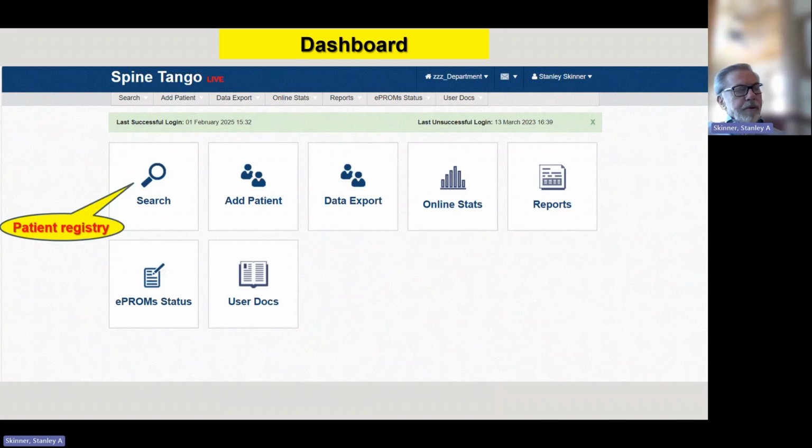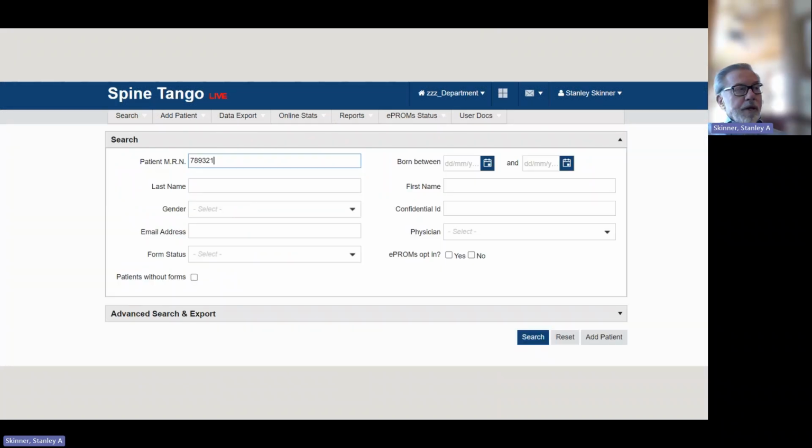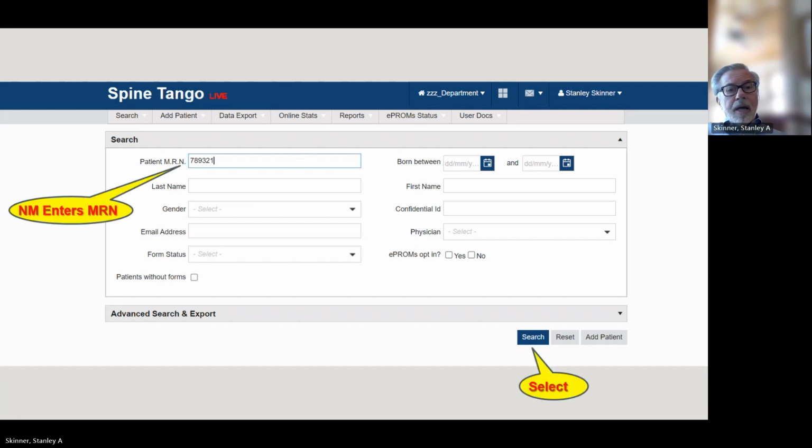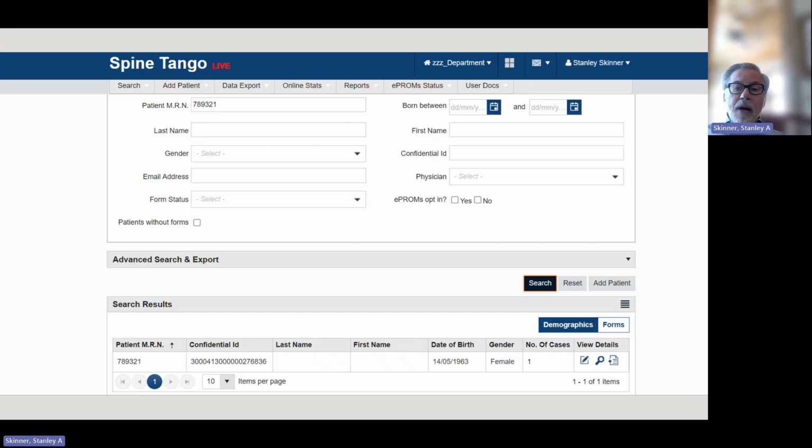The neuromonitorist picks search to search the registry for the medical record number, and then selects search. Now we find that under medical record number 789321, our test patient, there is data there, and we can view data by selecting the magnifying glass icon.